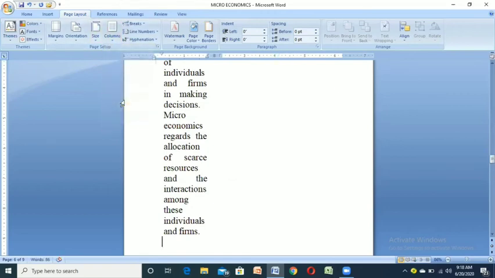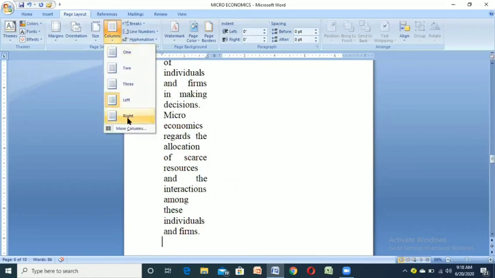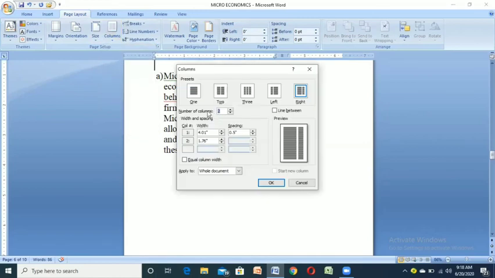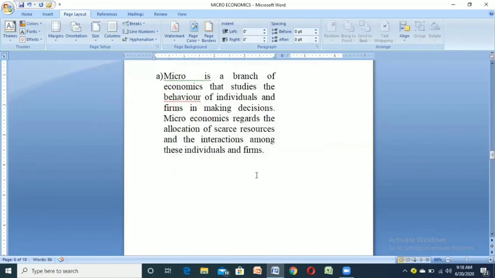This is left, everything will go in the left hand. Here you can give any images, and according to that image you can give the explanation on the left-hand side. That's why they've given left. Right means you can give the description of the thing. You have more columns, you can give more columns as well. See here, 1 2 3, left, right. Whatever you want, you have to click OK. According to that it will change. Okay.